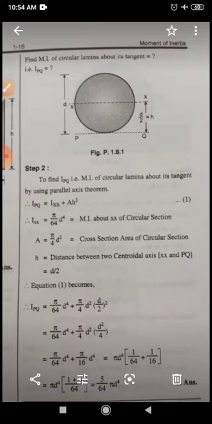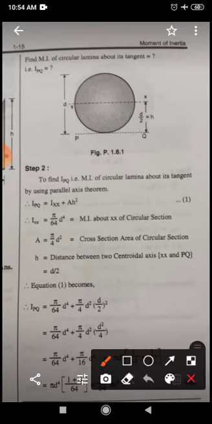Now we will solve some examples which depend on the principle of parallel axis and the principle of perpendicular axis to calculate the moment of inertia using this formula. We have seen that formula. Okay, let's see, I am reading the problem. Find the moment of inertia of a solid circular lamina of diameter d about its tangent. We have to calculate the moment of inertia about its tangent. What is a tangent? It touches the circle at only one point. This is the tangent for the circle.